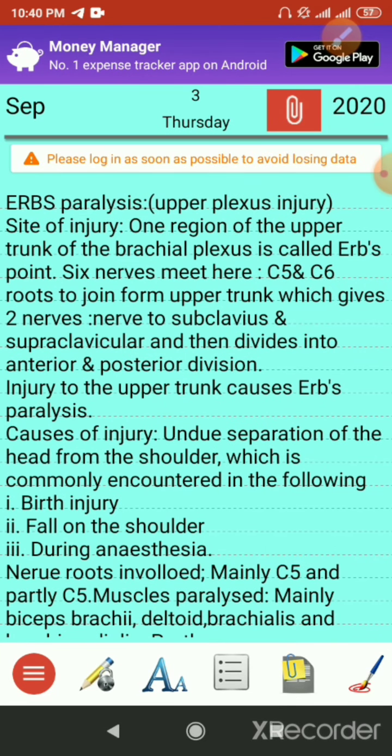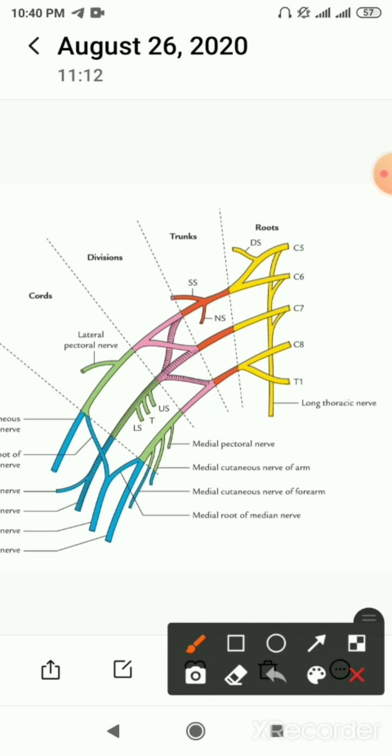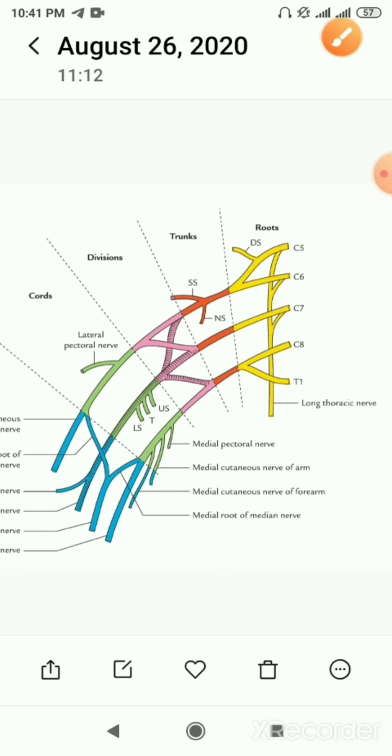So let's see what they look like. This is a very good picture of the brachial plexus. You can see the roots. We have already told you that there are 5 roots. These are the cervical 5, cervical 6, cervical 7, cervical 8, and thoracic 1. And from the 5 roots,